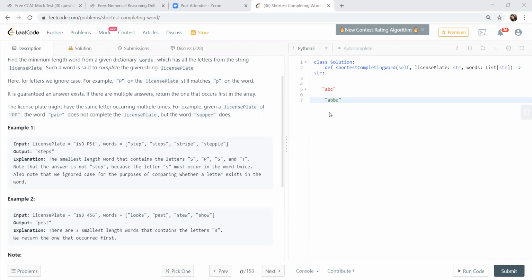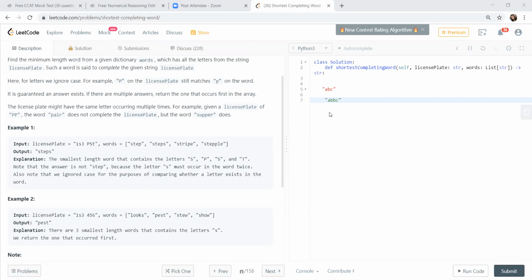We can just calculate a count of characters in the license plate and store them in a hash or maybe an array of 26 characters. That also works. And then for each word, one way is to